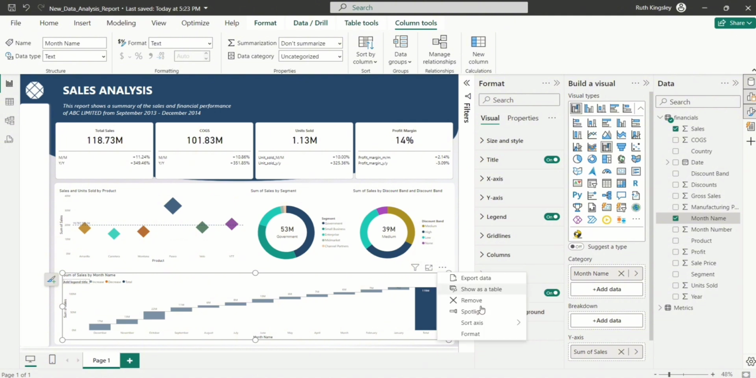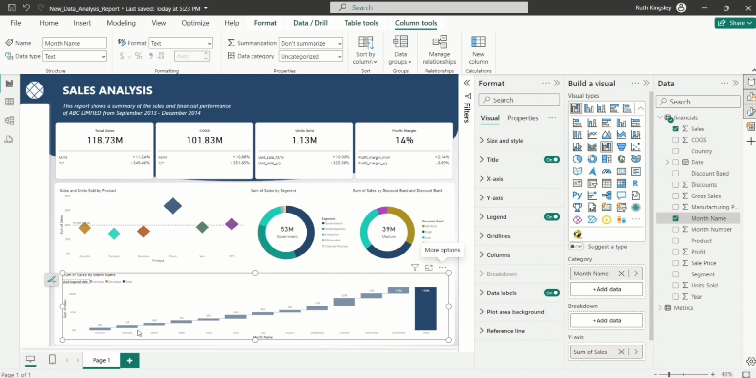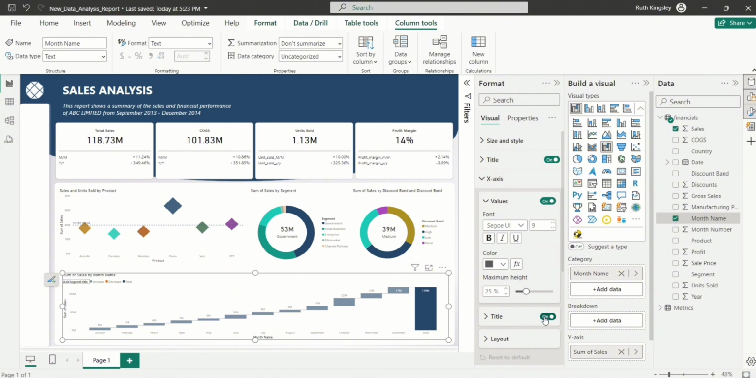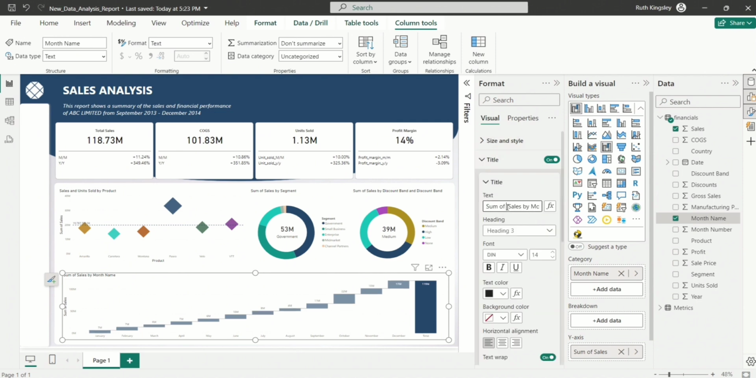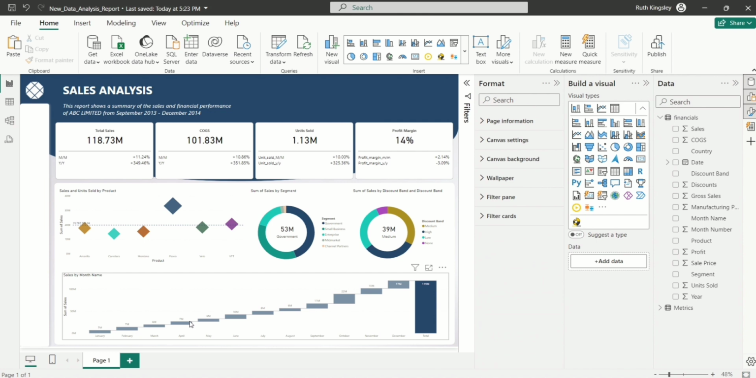So when we sort this axis by the month name, we'll sort it in ascending order. You can see it now starts from January, February, March, and the rest of it. For this x-axis, I can just turn off the title, and of course, I can also turn off the legend for this, and change the title of this to sales by month name. You can give it any other name that you want. So basically, this is how you can create waterfall charts to show running totals of sales across maybe months, years,